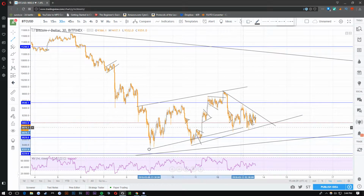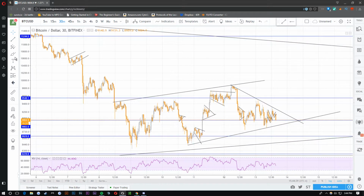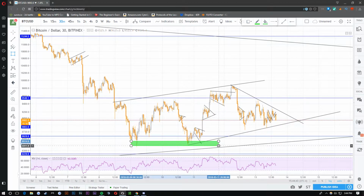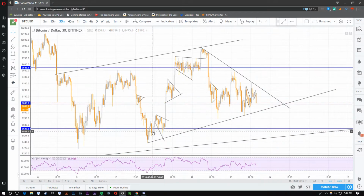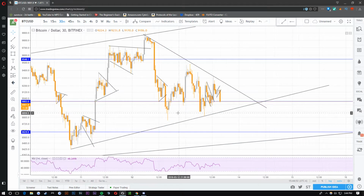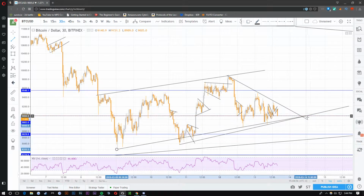I'm just thinking, especially because right here, we're not cutting candles completely here, right? This is just a support line right here. This is just a demand area, you know? That's just where it's touched a lot, and comes back up. That's where it's rejected from. To my eyes, this is not a bear flag,